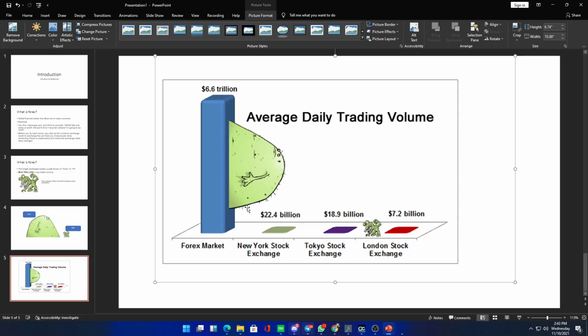It looks like a pregnant woman, 6.6 trillion. So compared to the New York Exchange stocks, the New York Stock Exchange is 22.4 billion, Tokyo Stock Exchange 18.9 billion, and London Stock Exchange is only 2.7 billion. The currency market is over 200 times bigger. It's a huge